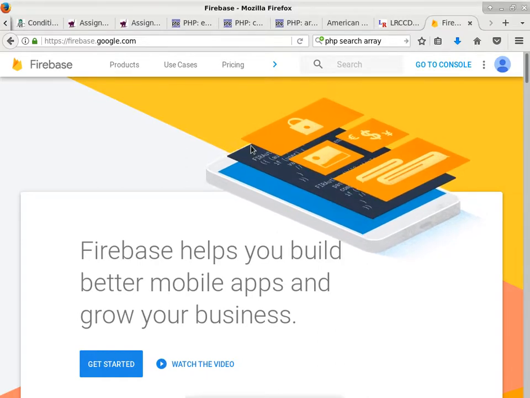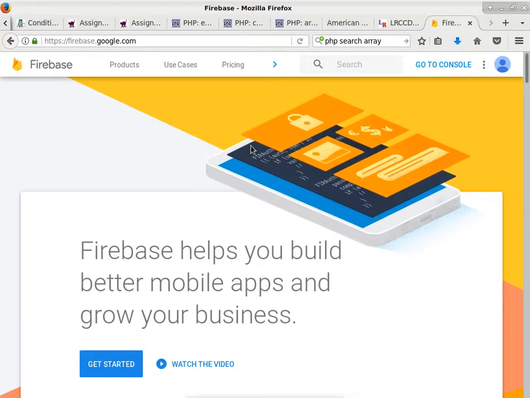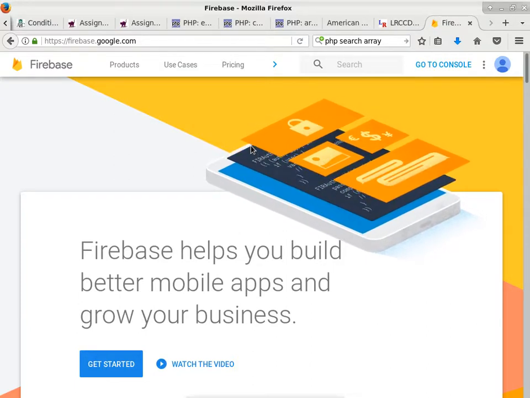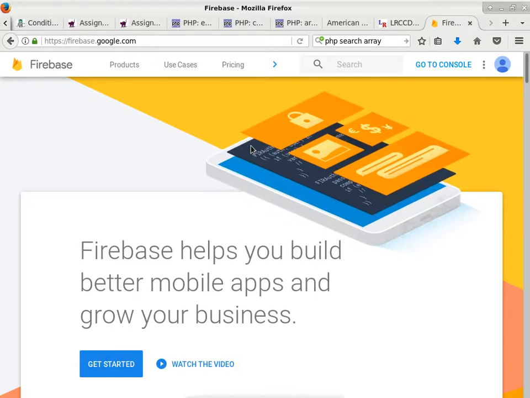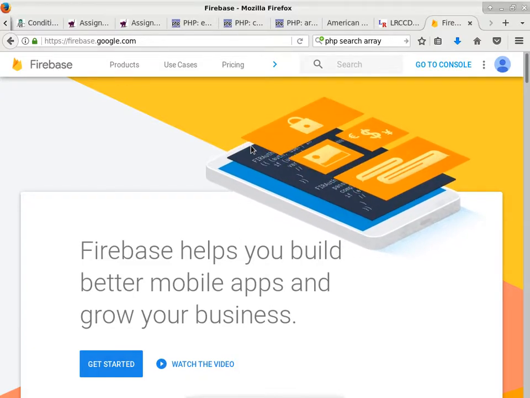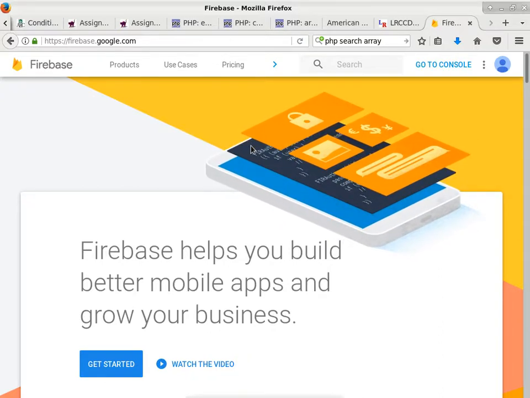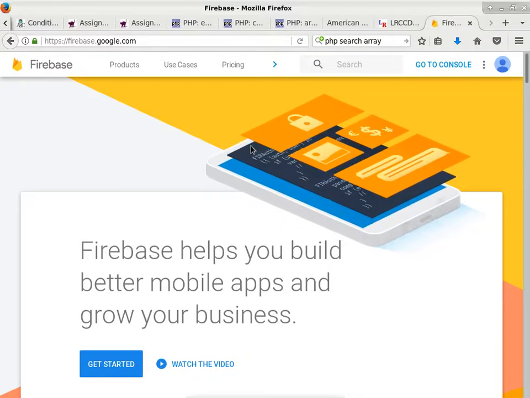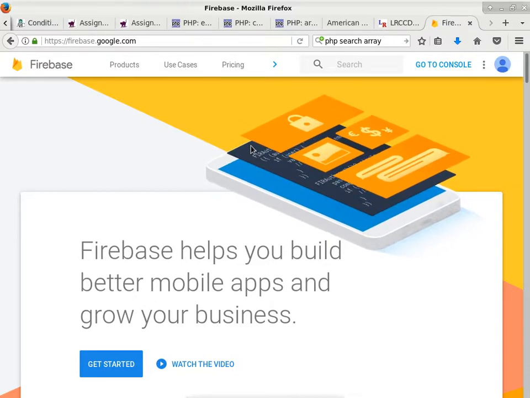Firebase has an authentication engine. You can use Facebook, Google, or GitHub identities to sign in. So if you already have a Gmail account, you can have a particular website make use of the Google authentication process, so that you don't have to deal with all of that stuff.